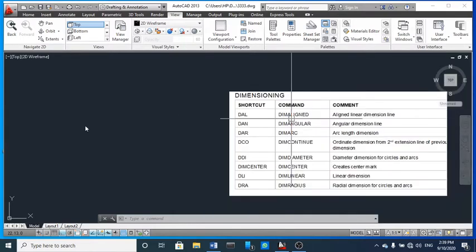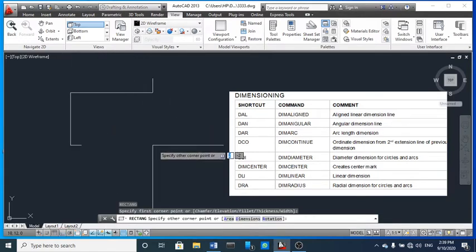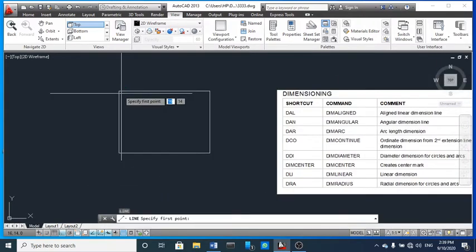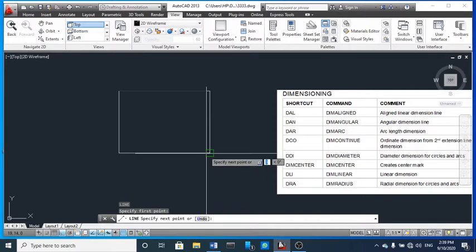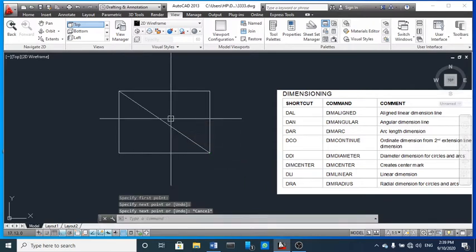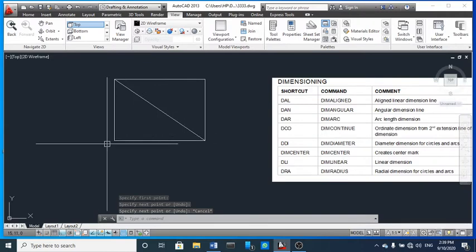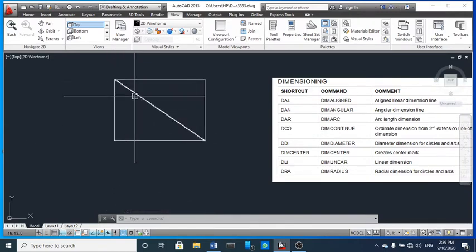For that, I am going to draw a rectangle here, and I'm going to draw an inclined line here. Now this one is called linear, and this again is called linear, and this is called align.